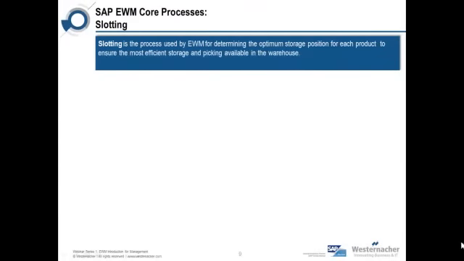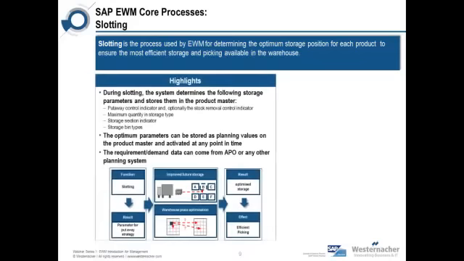The first core process we will look at is slotting. Slotting is the process used by EWM for determining the optimum storage position for each product to ensure the most efficient storage and picking available in the warehouse. During slotting, the system determines the following storage parameters and stores them in the product master: put-away control indicator and optionally the stock removal control indicator, the maximum allowed quantity in the storage type, storage section indicators and storage bin